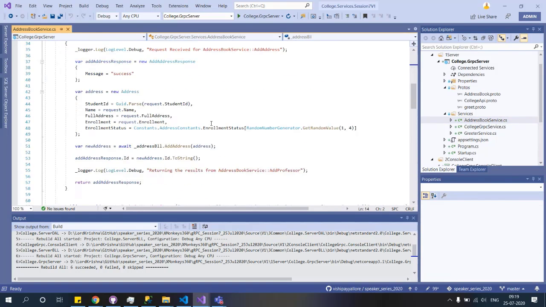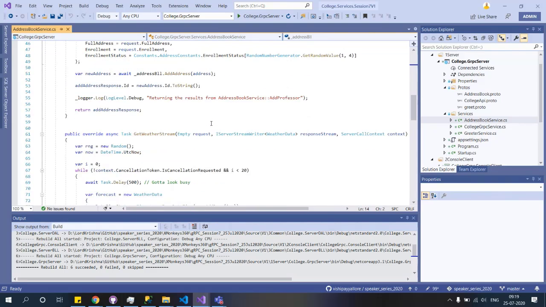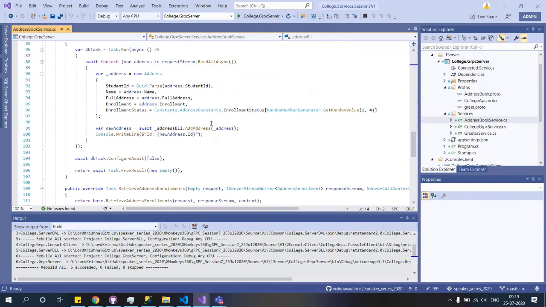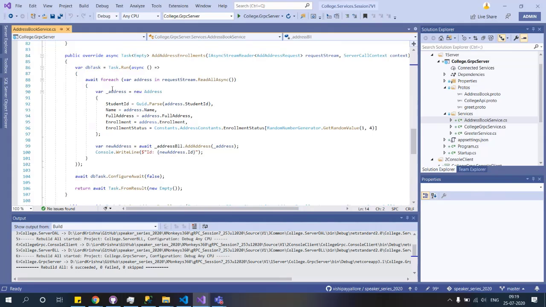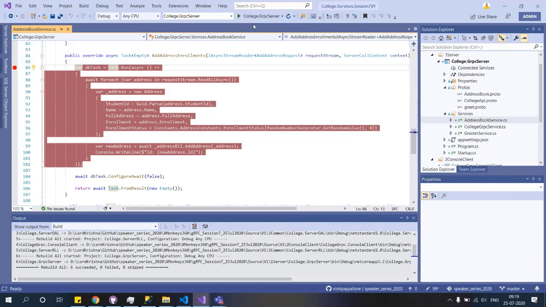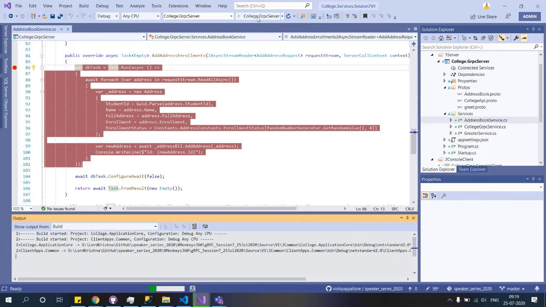Let me place the debugger here. I'm executing this. This is the server we are executing.